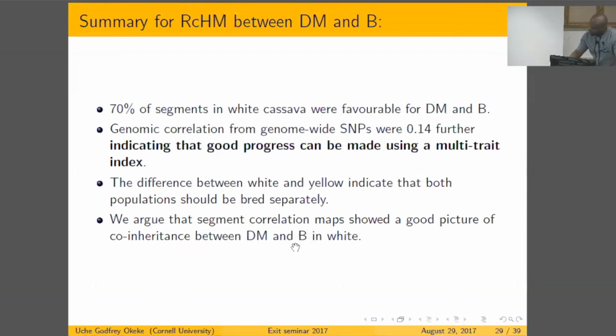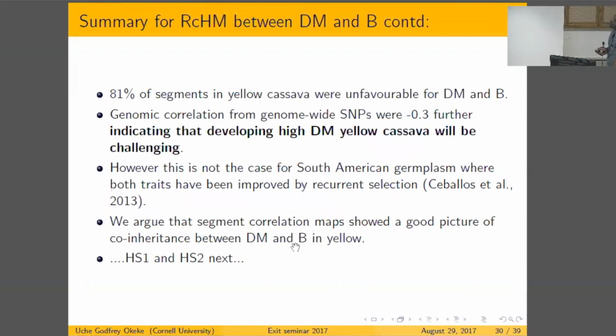So we move over to yellow, which is really more interesting. And we see that 81% of the segments were unfavorable, and the whole genomic correlations were negative 0.3, indicating that developing yellow cassava could be challenging. So interestingly, this doesn't happen in the South American germplasm. So Ceballos has this publication and has been saying that just a recurrent selection was doing very well for both traits in South America. Okay, so we argue here